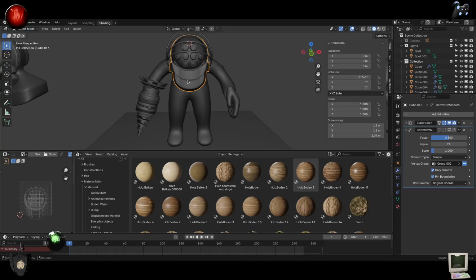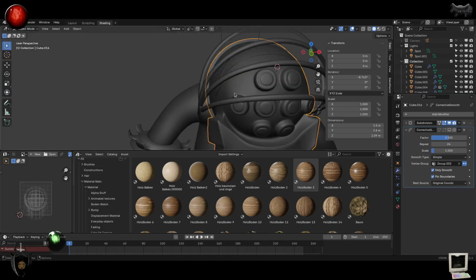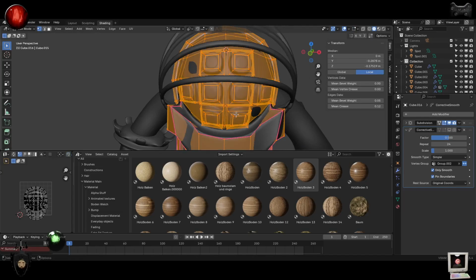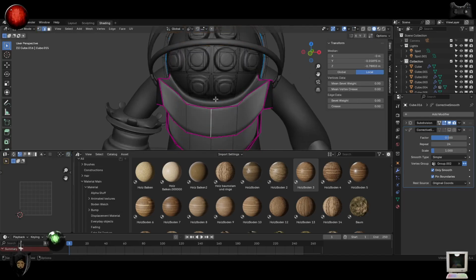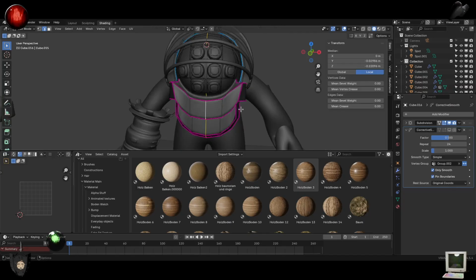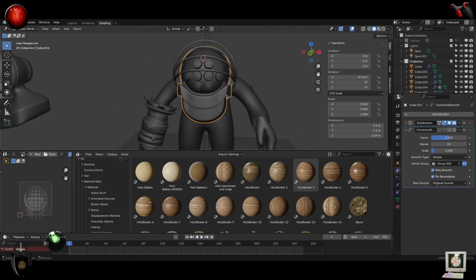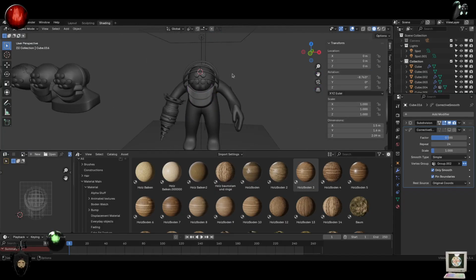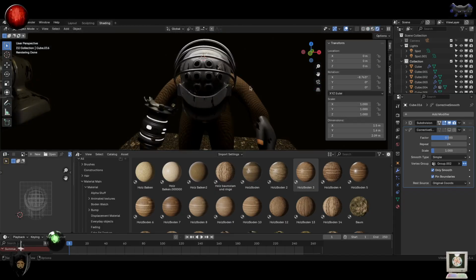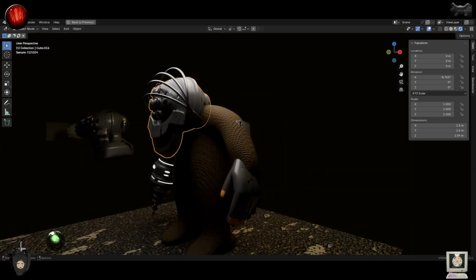Anyway, so I did that, and I may do this thing again, because the problem with this helmet is that it needs to open maybe from the sides, and so I need a little bit more space in between maybe, so I'm gonna adjust that if I want to be particular. Then I already have some test